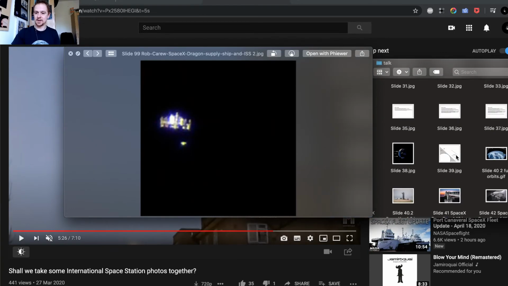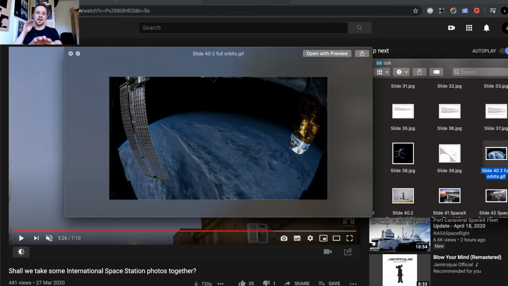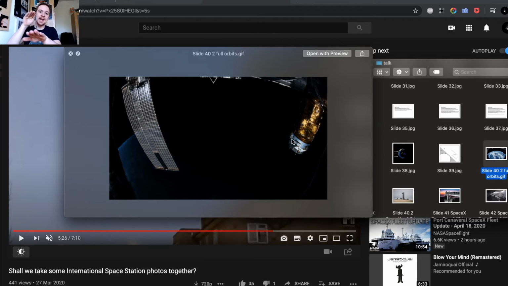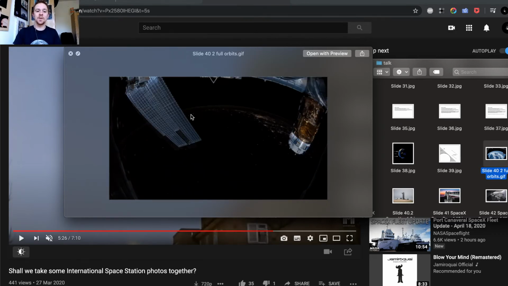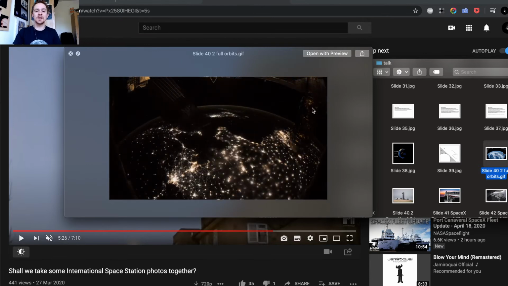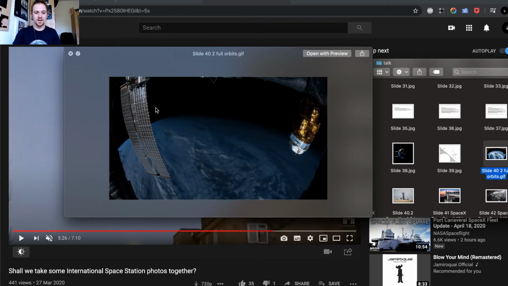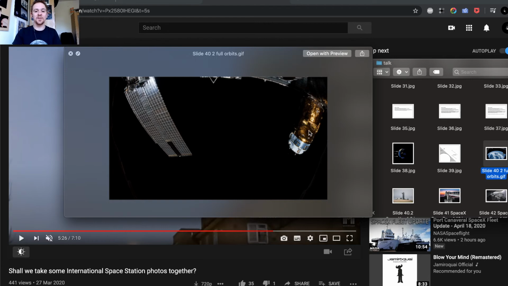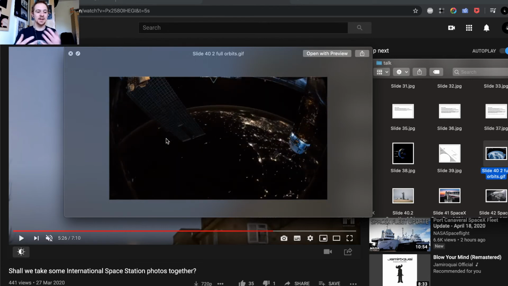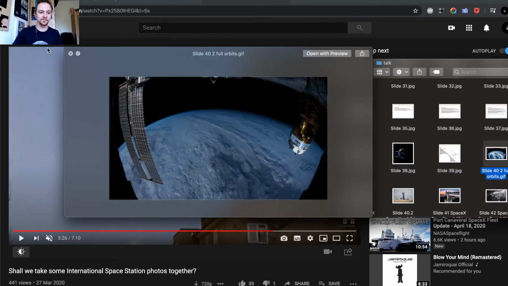Just 1 second, I managed to click somewhere else. So you're gonna see the space station basically entering the day side, the shadow of Earth. But you're gonna see, even when it's above really dark areas, just observe this cargo spacecraft and the solar panel. You see it's already in darkness, but it's still perfectly bright and visible. So that is the main reason why it's observable.